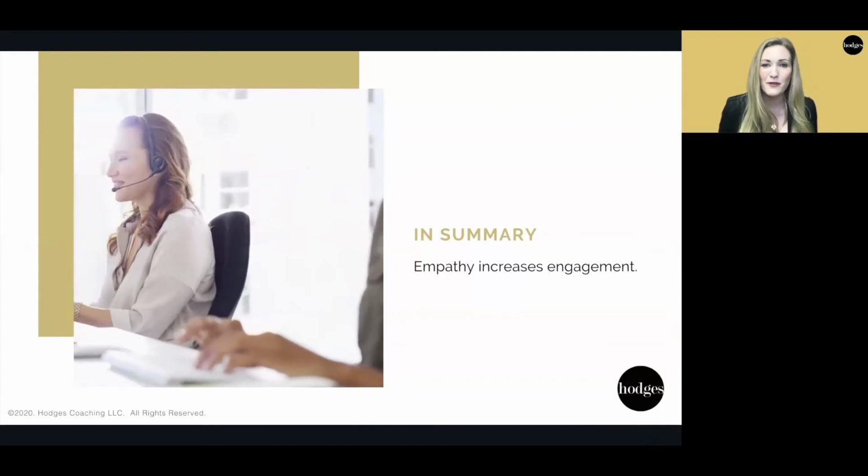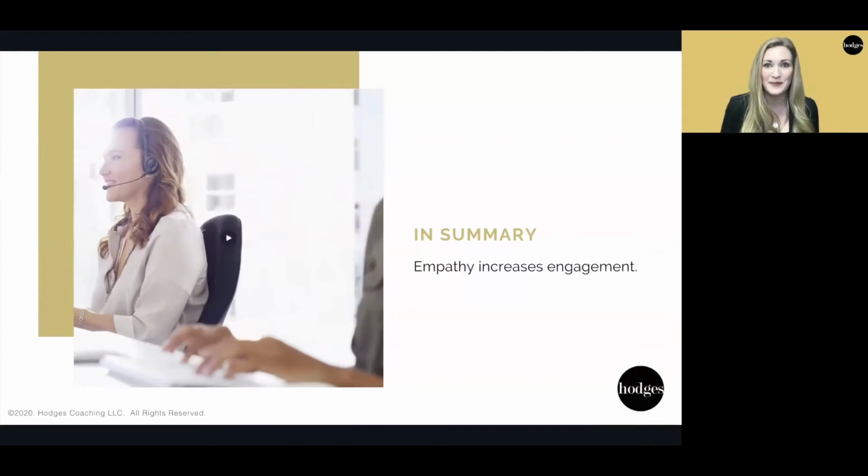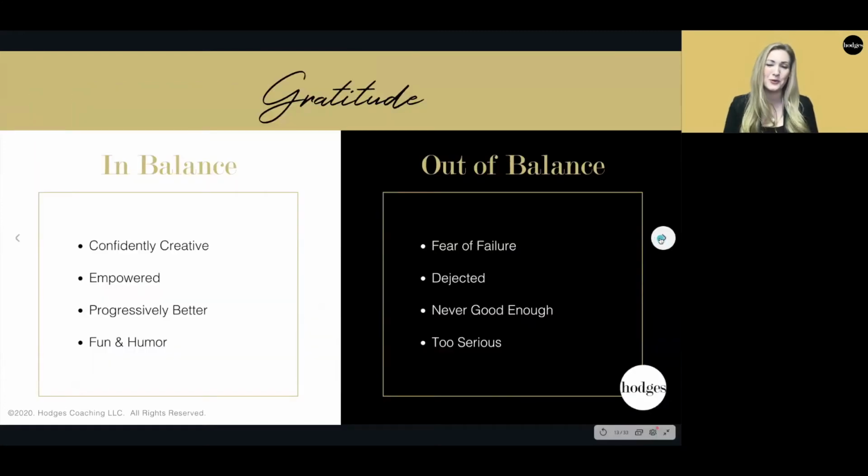And you may remember from our self leadership series that whole idea of social evaluative threat. You can turn that on its head and say, okay, when people feel seen and heard and feel safe, they want more of it, right? So they become even more engaged and show up more. It's a really cool, powerful tool, as is gratitude.